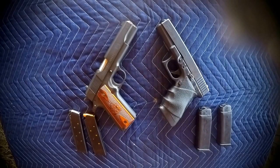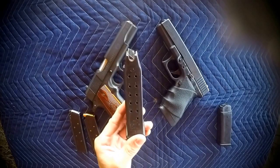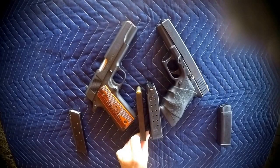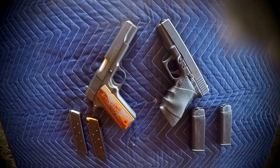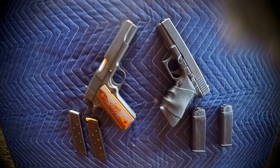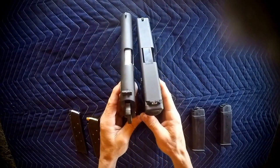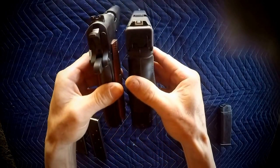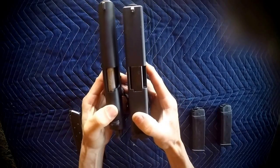And one thing that it's got on it is it does come with the 2 magazines, but these are 13 round magazines, and it's double stacked instead of single stacked, so you can see the difference in the width, which we'll look at in a minute here. When you put the 2 guns side by side, you can definitely see the Glock's a lot wider than the 1911, which is a positive thing I see with the 1911. And comparing them again side by side,